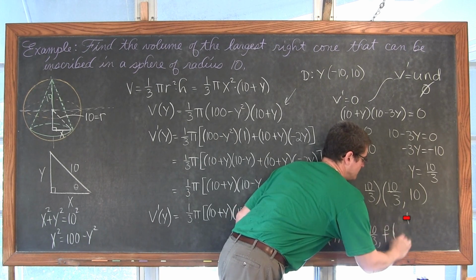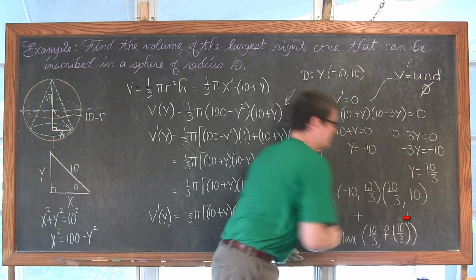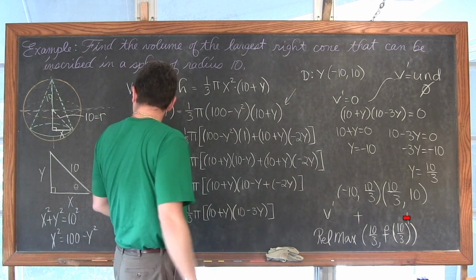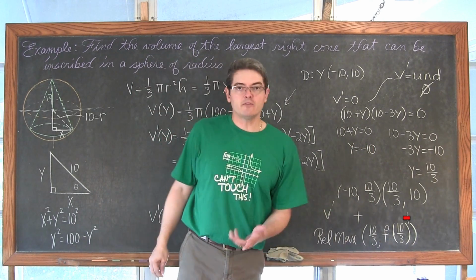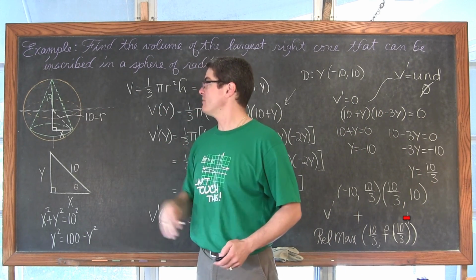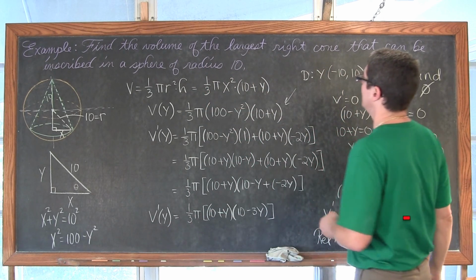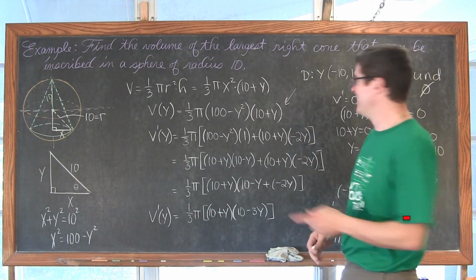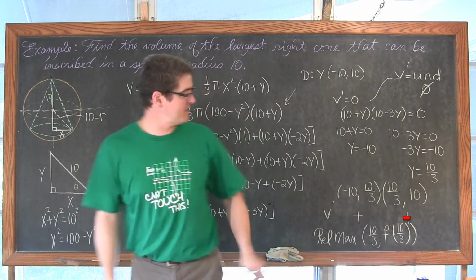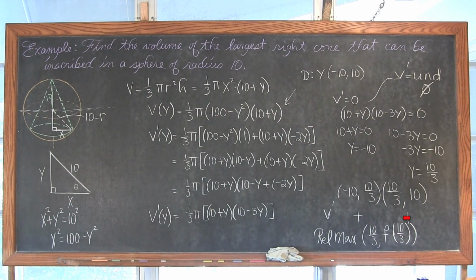V of 10/3. And I'm kind of running out of room. I think for this one, even though I wasn't asked for it, I'd like to show what that maximum volume of that cone is going to be before we finish up the problem. Oh, never mind. We are finding the volume. But I am out of space, so let me get this cleaned up a little bit, and we'll find that maximum volume of our right cone that's inscribed in our sphere.